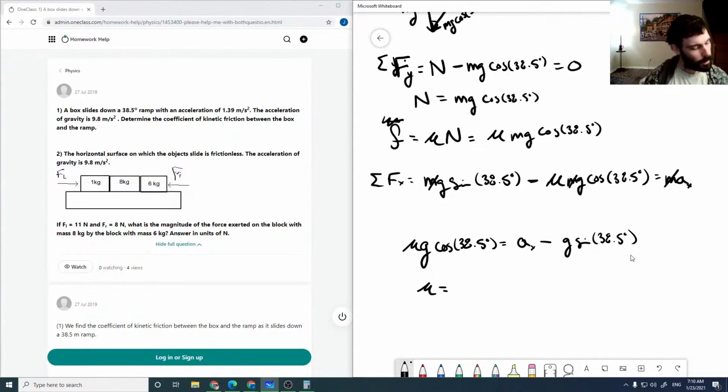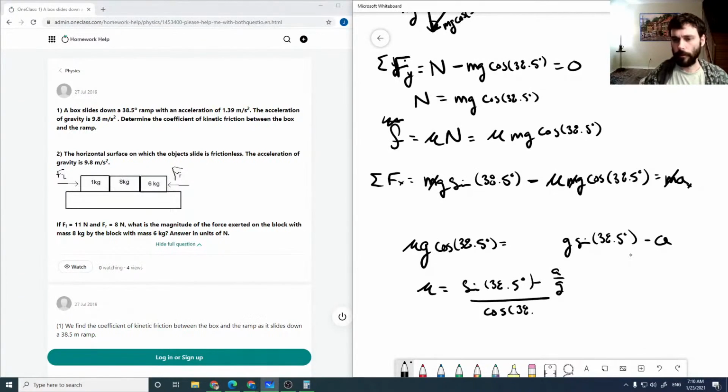We have that our mu is, oh yeah, sorry, that was my mistake here. It should be minus a. So mu is sine of 38.5 minus a over g all over the cosine of 38.5,